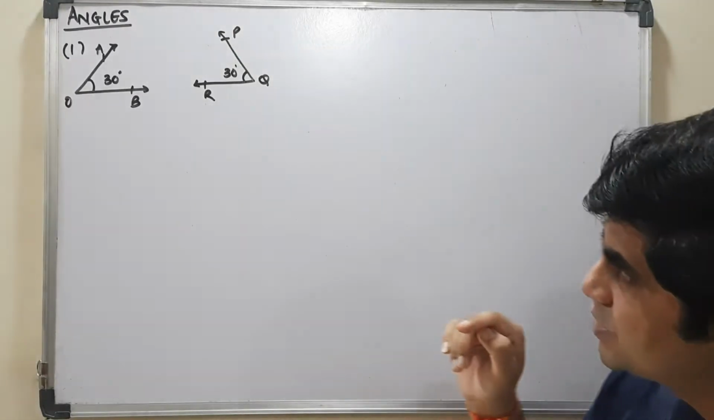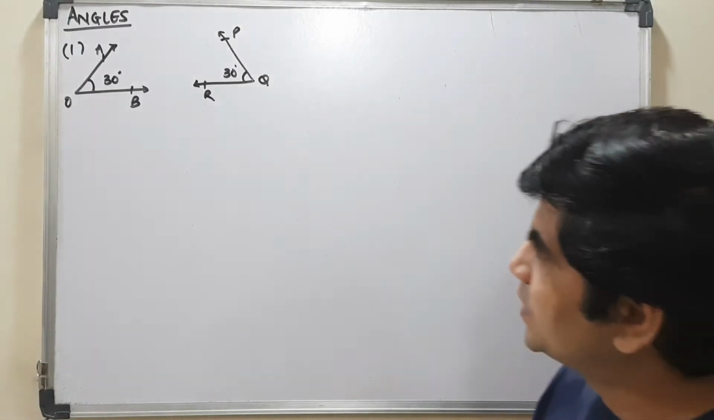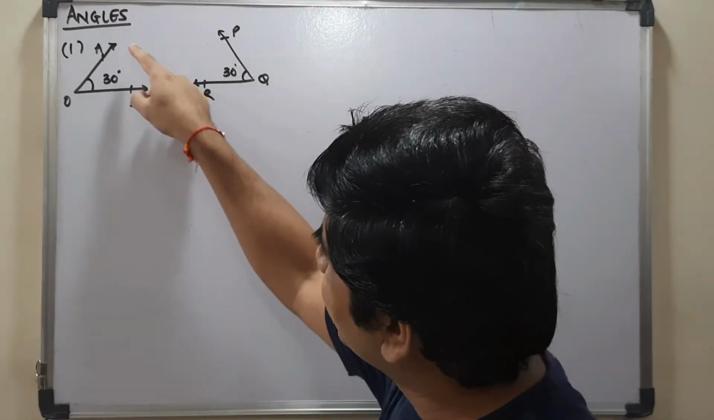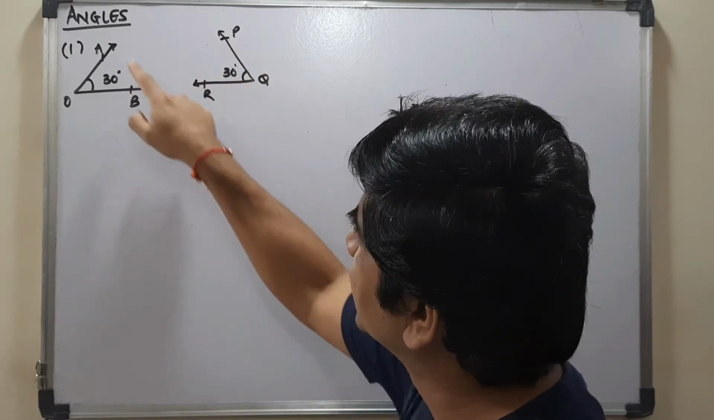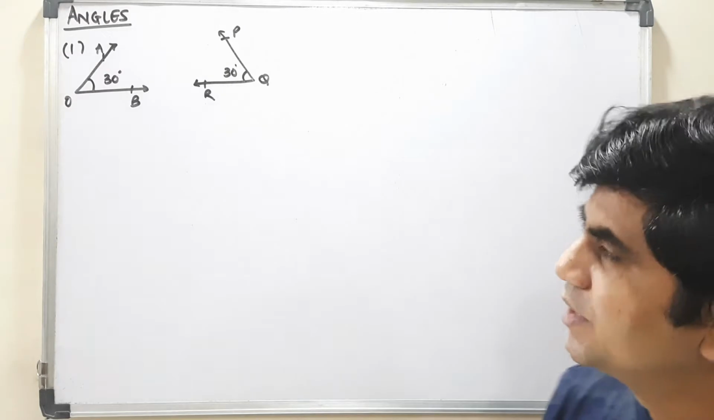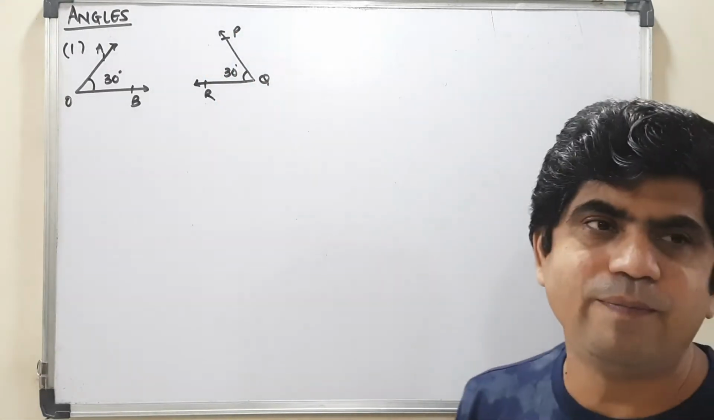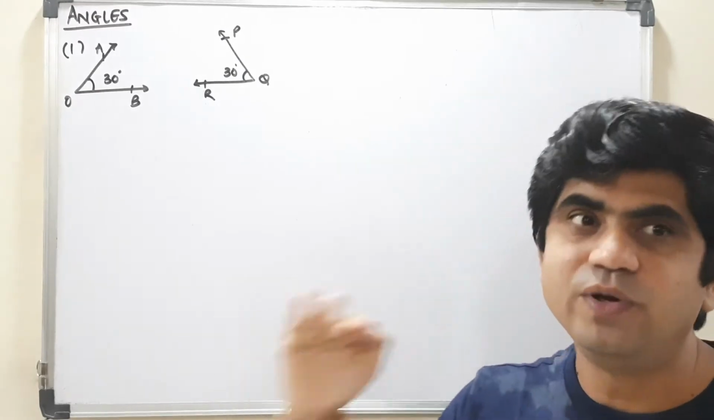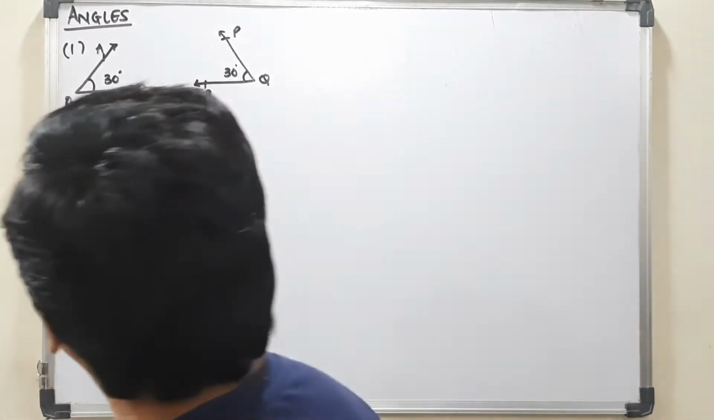Now, if I try to see this, I see that the direction of the rays seems to be different. They are not in the same direction. Here there is some role to be played by the direction of the ray. What is that role? If you see here,